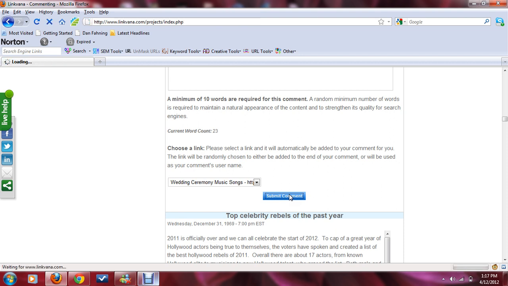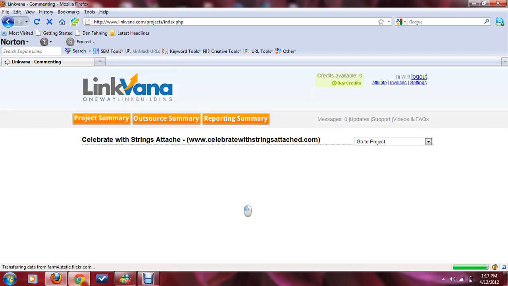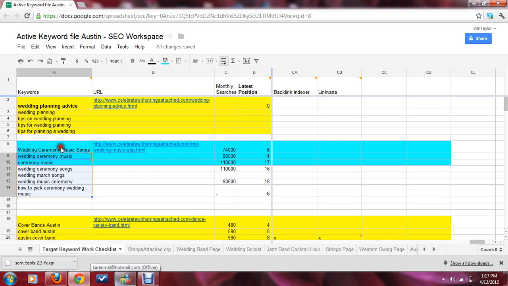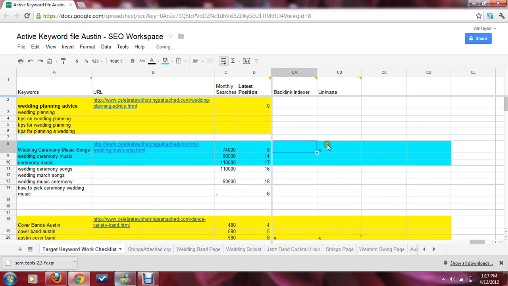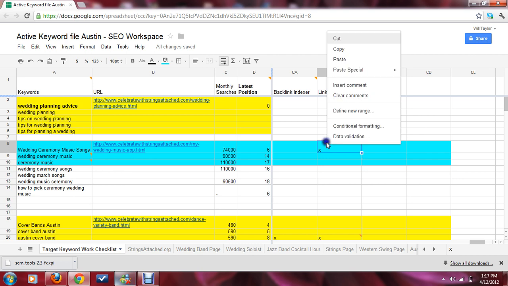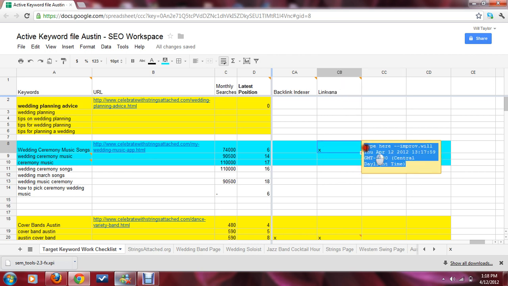So if I asked you to do 4 of those, do 4 of those, and then you would go back over to the row that I asked you to work on and go over here to Linkvana. I'll review here. You make an X and you would click out, click back in, right click over it, insert comments, and you would document the date, and you put 4